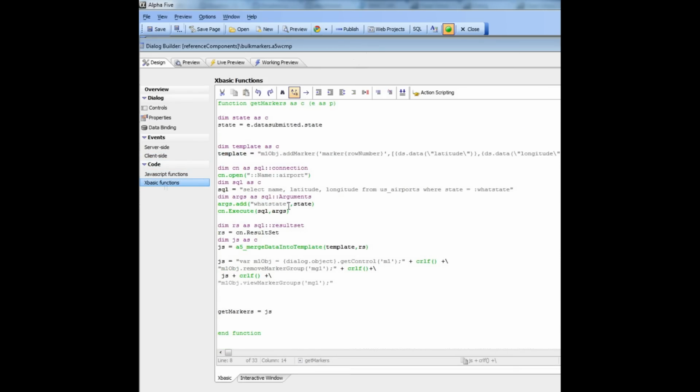So you can see that the placeholder for latitude is curly bracket and then data source dot data and then latitude, and we've had to escape the double quotes there because we're in double quote, otherwise this would not be a valid XBasic string, because we're defining an XBasic string over here. So we've got the latitude placeholder, the longitude placeholder,